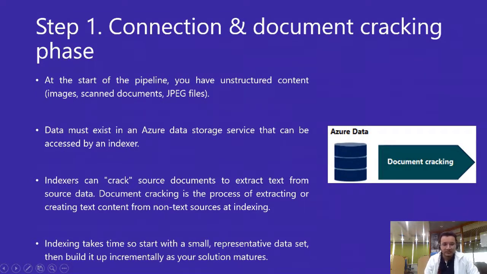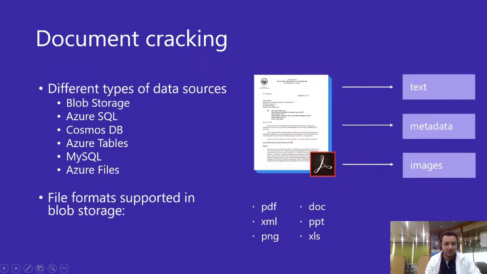After the data set is connected, it starts scanning the images and the documents you have added. All sorts of unstructured data can be extracted and utilized for this sort of search. Then comes the cracking part, which means it's scanning the whole document. A typical OCR feature is available, and you can utilize that. It can skim the whole document, pick up key-value pairs, and store them in an Azure table